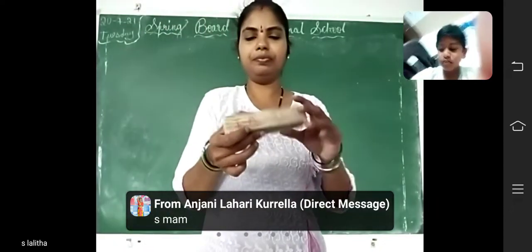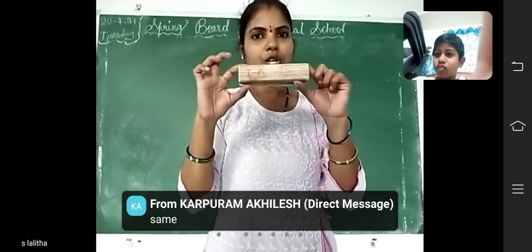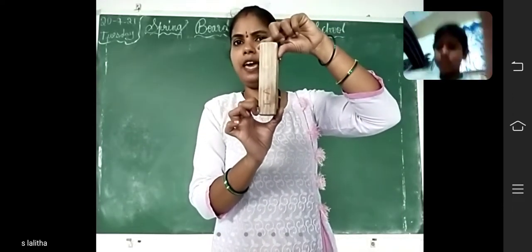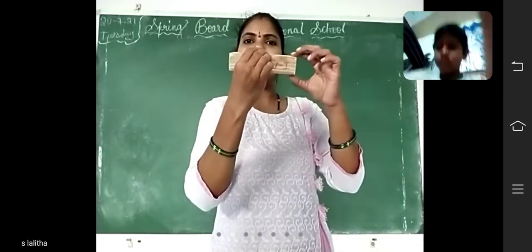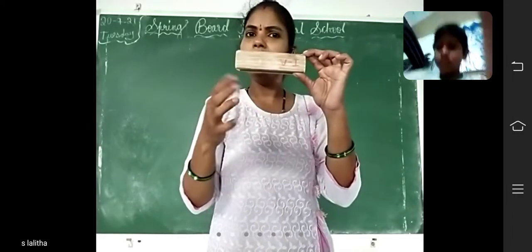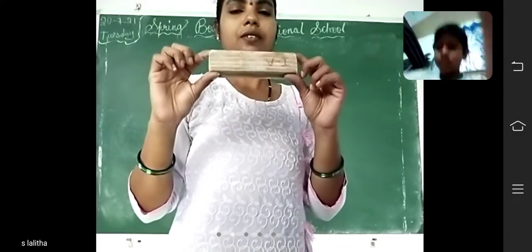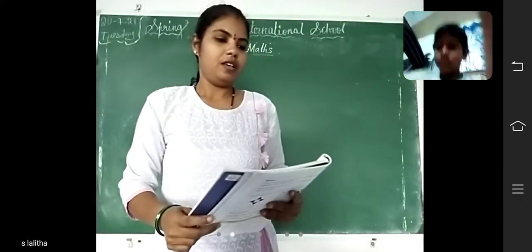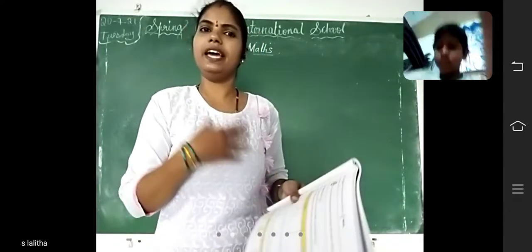Example, see children. It is a duster. Okay. It is the original shape. Now I am turning first turn. Is it the same? No. Okay. Again I am turning second turn. Does it look the same or not? Original shape? Yes, it looks the same. This is the half turn. Okay, did you understand? The shapes look the same after a half turn. After a half turn, it looks the same again.